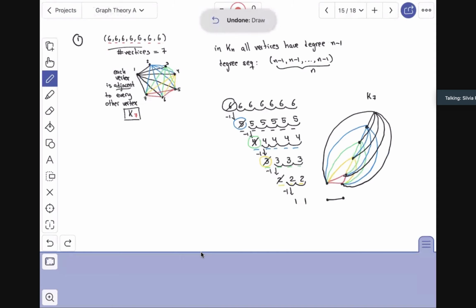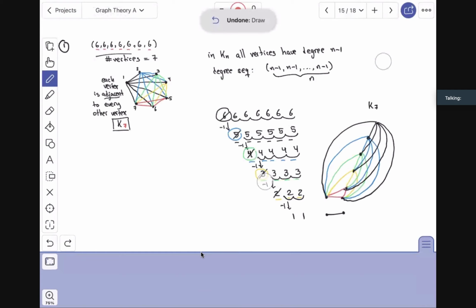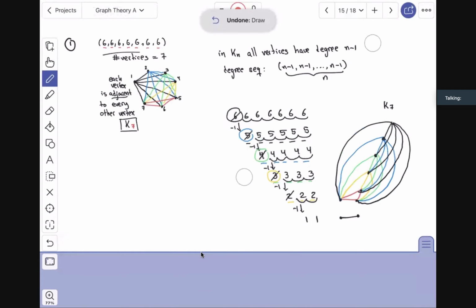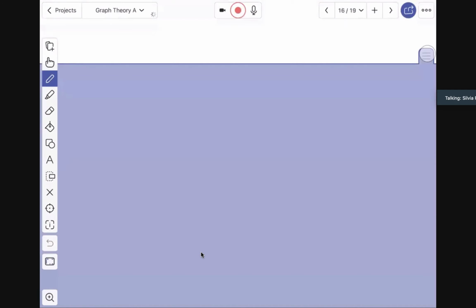Let me do it on a different page. So: largest number of components in a graph with n vertices, 15 vertices,